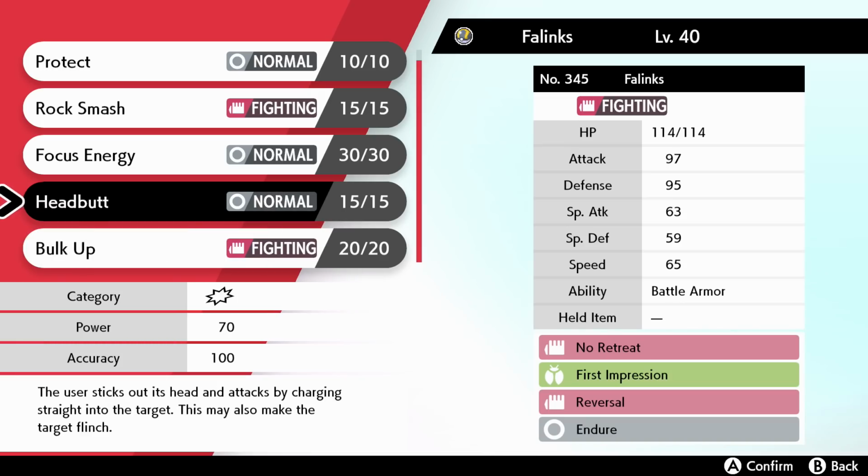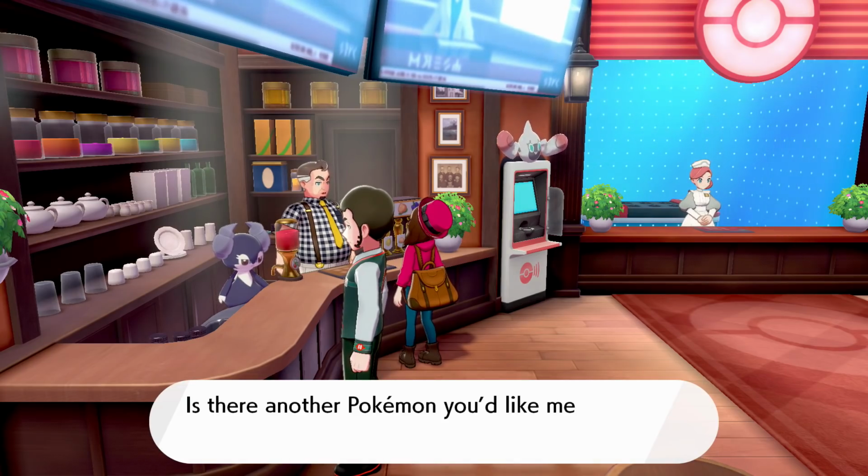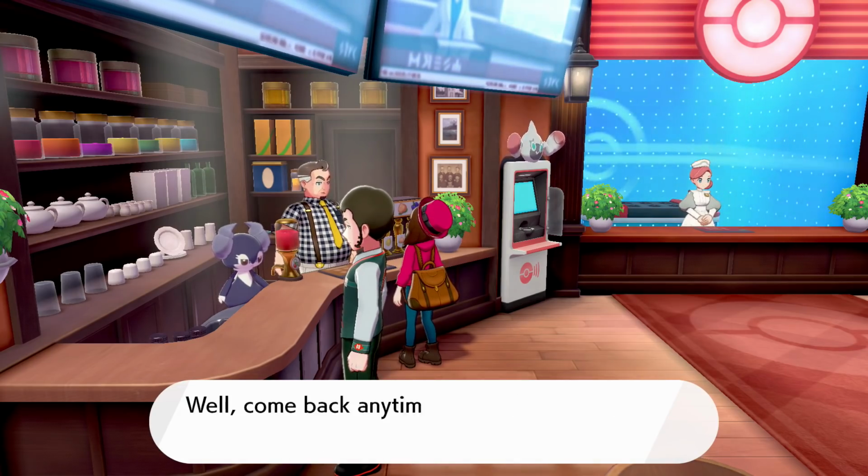Headbutt is nice, actually. Headbutt is a decent, reliable bit of damage. Flinching is nice, but arguably you're a bit slow to be getting much out of that. Honestly, for the most part, I just want a reliable damage dealer, because Reversal is weak if you're at full health, and No Retreat and First Impression are both not really reliable. Let's get Headbutt on for the time being. I'll get rid of Endure. That's a weirdly small number of moves to remember for a level 40 Pokemon, but...